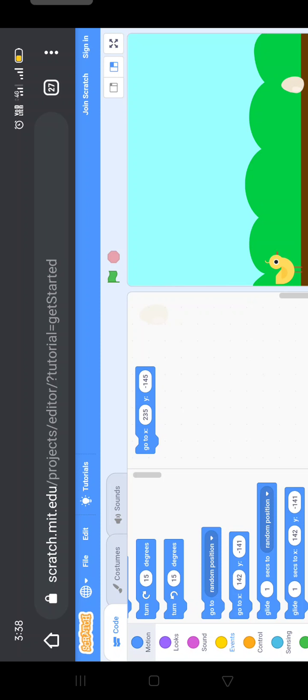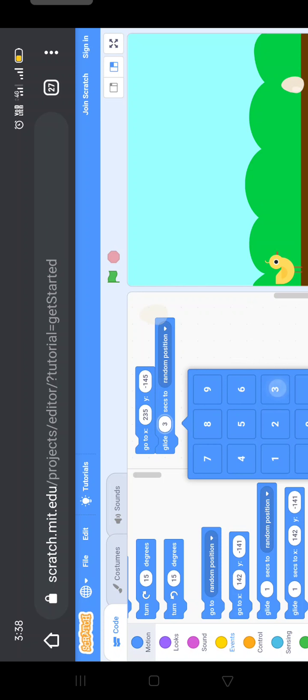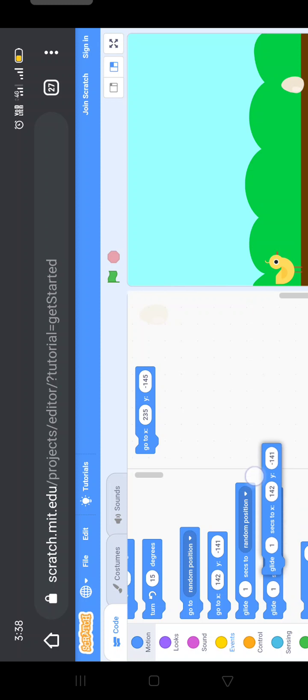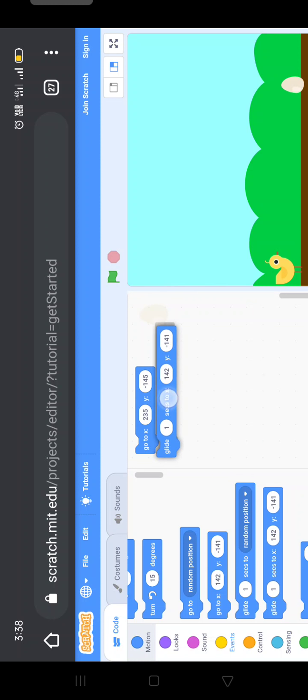we have to glide this egg. The glide option is there. Just drag that glide option here and make this 3 seconds. Not this one, don't take this one, take this one: glide X position to Y position.